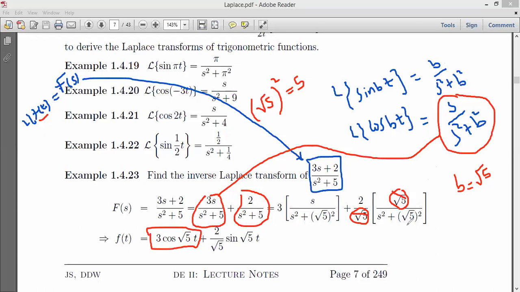So I introduce a root 5 over root 5 because this is b. My b here is root 5 over root 5 squared. But since this root 5 was not originally in here, I must also take the root 5 in the denominator so that this cancels with that new introduction. So we incorporate root 5 over root 5. Then I take the 2 out. Then I end up with root 5 over root 5 squared, which is 2 over root 5 sine of